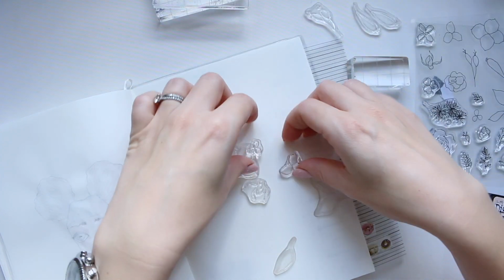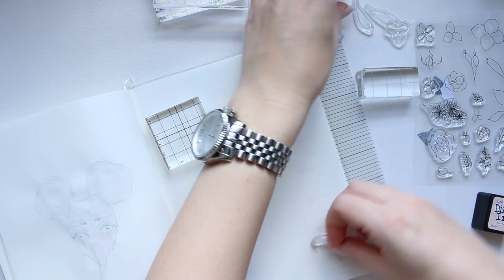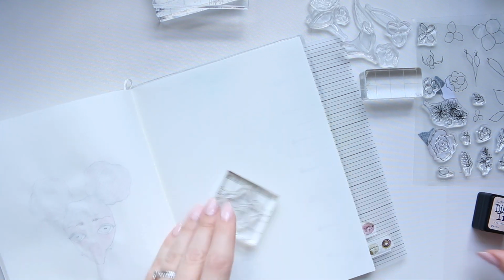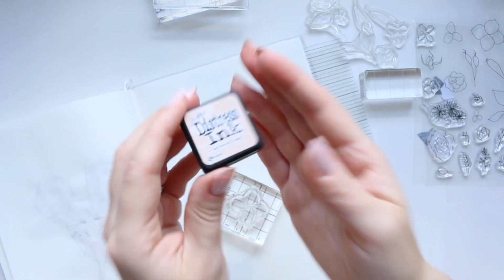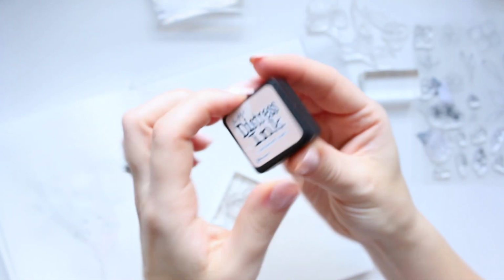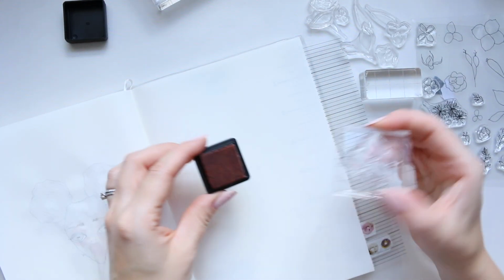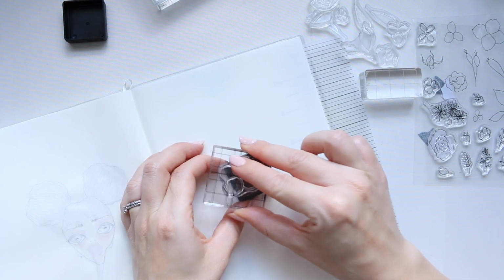I like to start with the biggest flower, and that's how I'm going to do. So here's my large flower. The ink I'm going to use is Tim Holtz Distress ink in Tattered Rose, which is a lovely kind of peachy flesh toned ink, and I find it stamps beautifully. So I'm going to go in